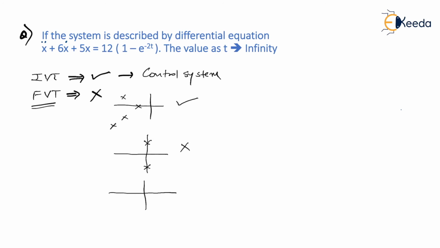In your S-plane, if poles are present on the right half of the S-plane, then again this theorem is not applicable, because you know that whenever your poles are on the right half of the S-plane, the system response becomes unbounded, approaching infinity when t tends to infinity. So in such cases, the final value theorem is not applicable. Let me tell you, for the initial value theorem, you don't have to worry, you just have to apply the formula. But when it comes to the final value theorem, you have to be very, very careful.